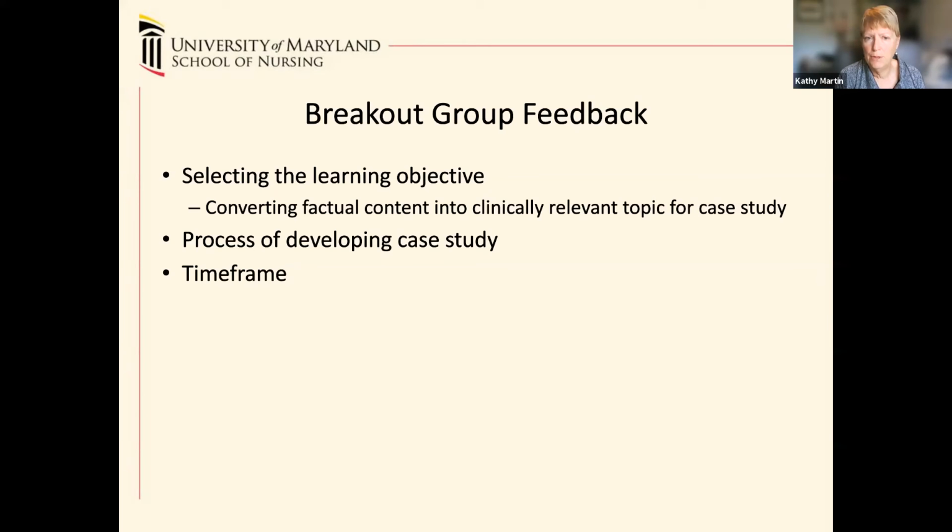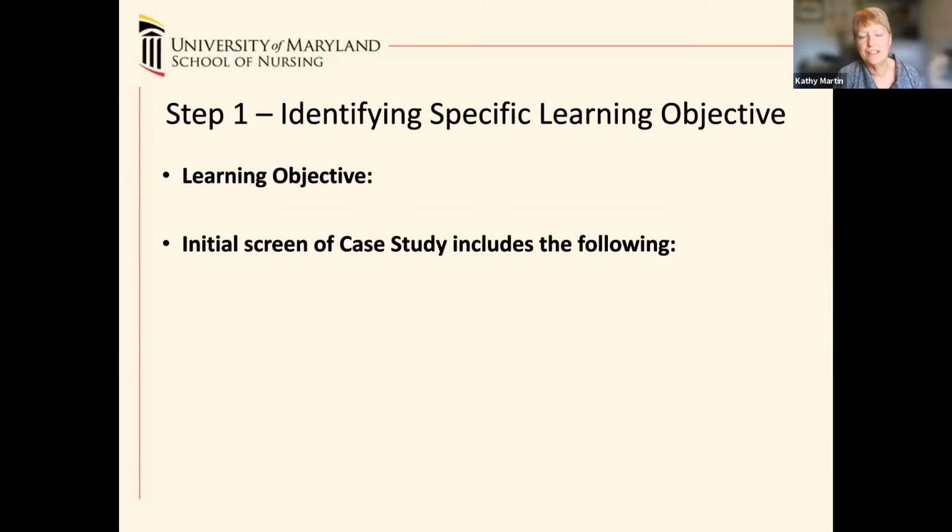And then the next step, we will look at the process for developing the case study and just a few of the slides, some of the feedback that I was hearing as I was visiting with each group. And then also just a few comments about how much time this writing of the case study may take you. Okay. So let's see if we can advance the slide here. All right, so